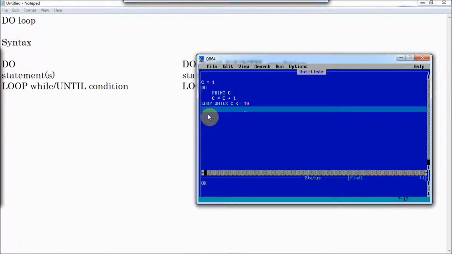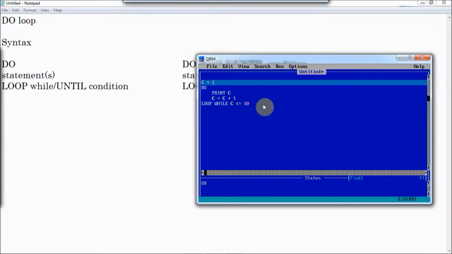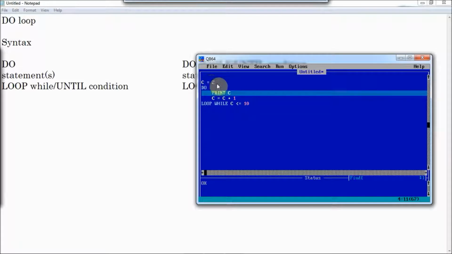Let me try one more program which we did in our previous class. That was printing even numbers. Now what changes should I make to print even numbers from this program? 1 is an odd number, so I should change this value to 2. Now if I give print C, it will start printing from 2.